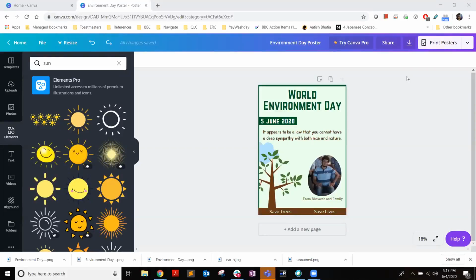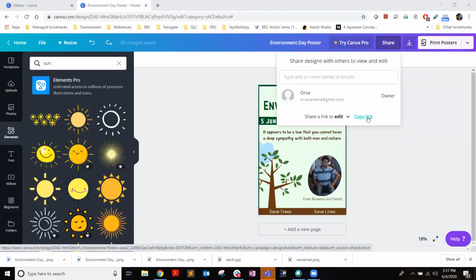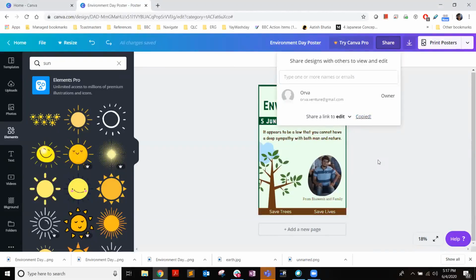Okay, I think you might find it difficult to download and share on WhatsApp from your computer. What best can be done is, like Aditya shared the link, we can also share it from here. Everyone can click on the share button here, and there will be a copy link. Just click on copy link. It is copied, and put it on the chat box. Just here, Control V or right click and send it.